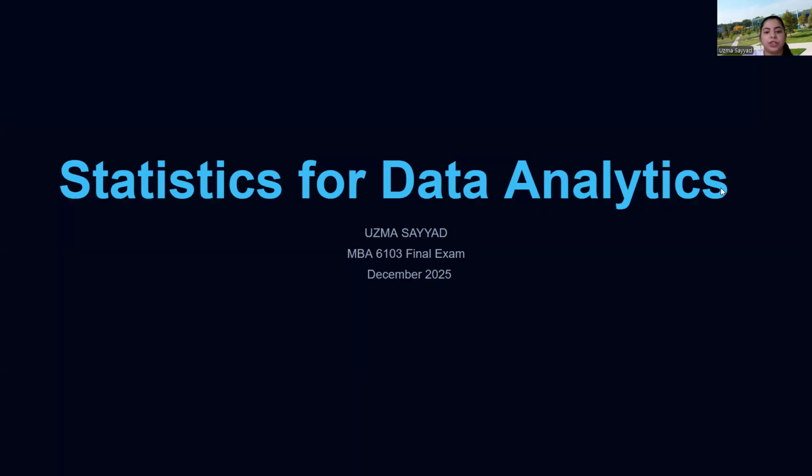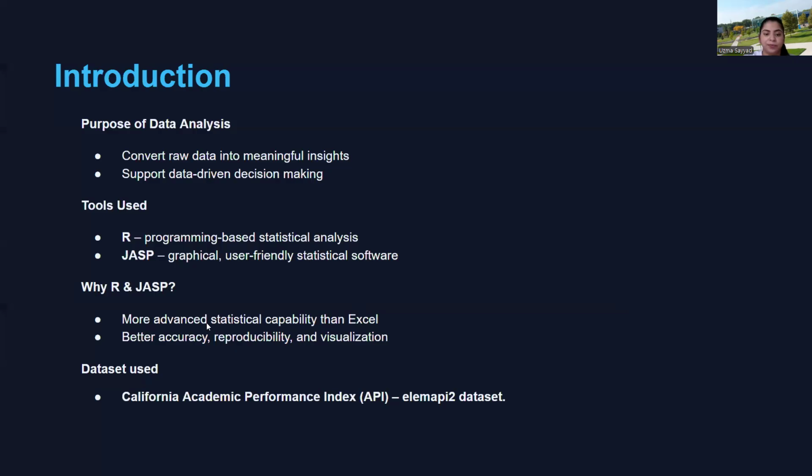This presentation is for MBA 6103 Statistics for Data Analytics. In this presentation, I will explain the overall data analysis process using two tools, R and JASP, based on the California Academic Performance Index dataset. The main goal of data analysis is to turn raw data into useful information that helps with better decision